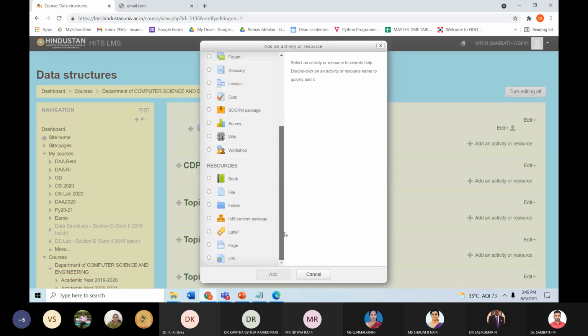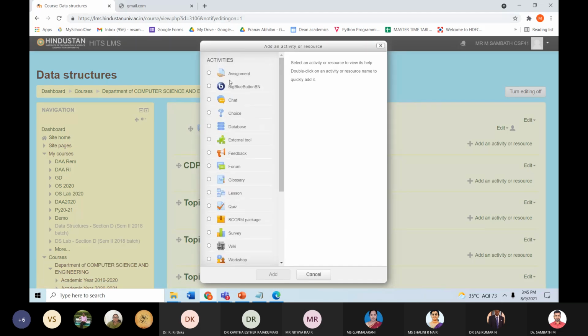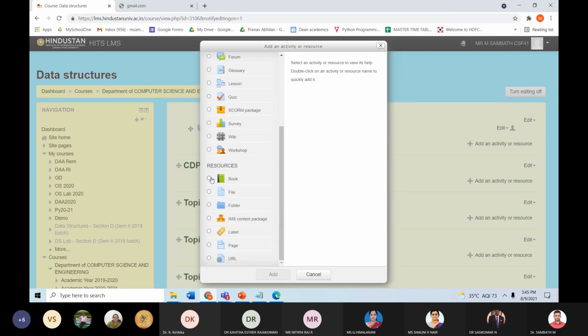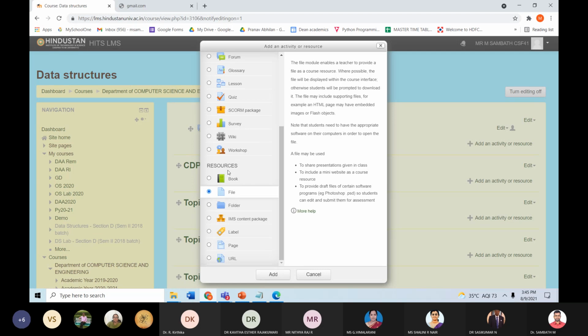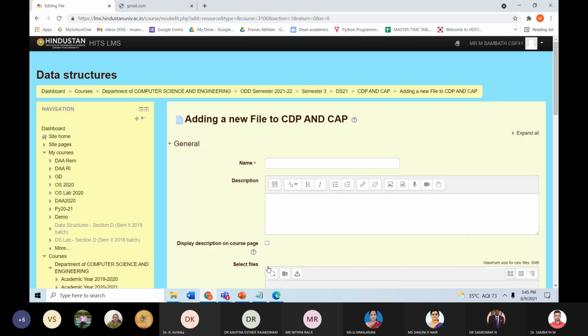Here you'll have a lot of options. Either you can add your activity or the resource. First, we are going to add the resources. Under the resource, click file and click add. Here, for example, first I am going to upload CDP.